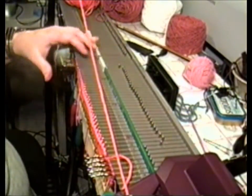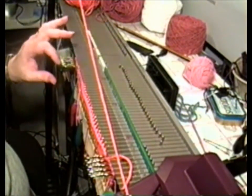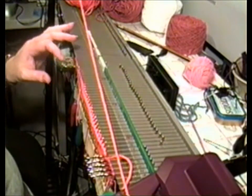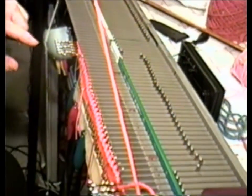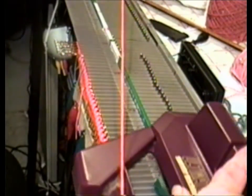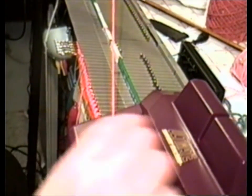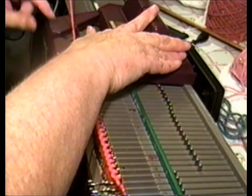Now I have a stubborn needle here. It likes to rise up, and sometimes that catches on my, let's see if I can show it to you. See how it's up a little bit? Not sure why. So I just have to watch that when I knit it. Because it raises up and it catches on the